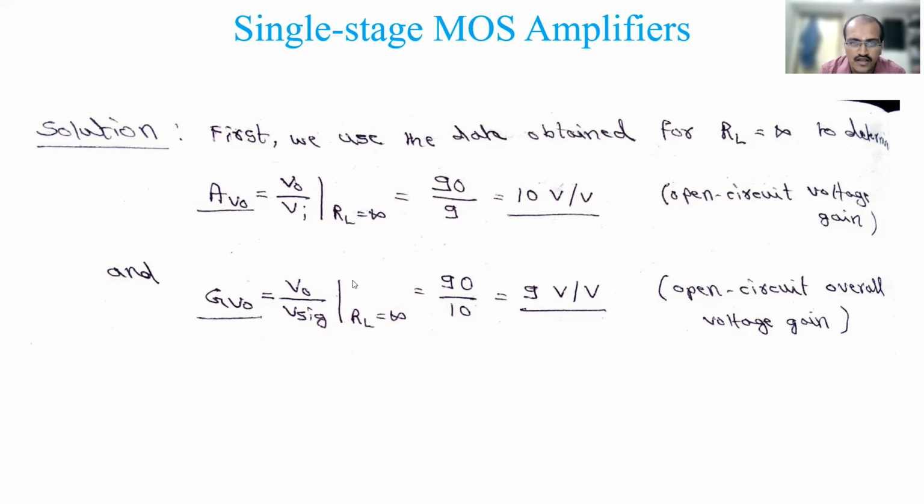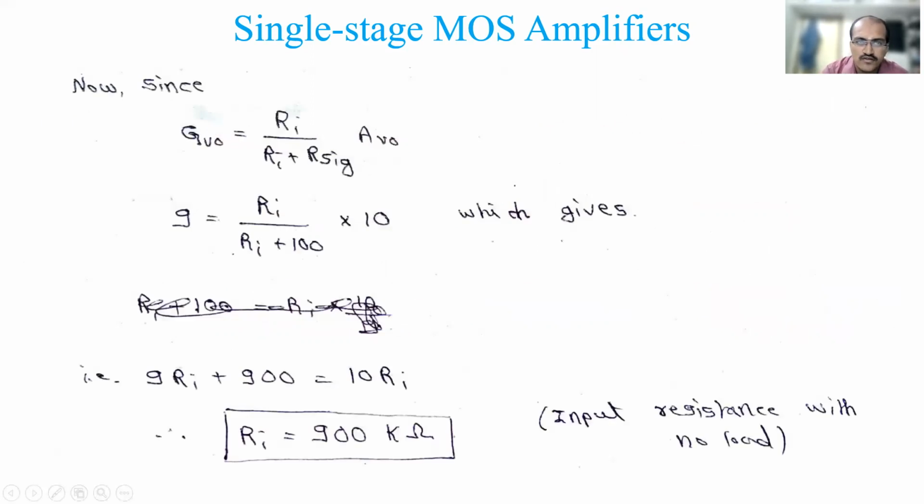Now based on this, I will take a relationship involving the input resistance. One of the relations from the six sets of relations I told you about is what this problem uses. Like trigonometric relations, you should remember these formulas; you should not get confused. Use some logic and remember this. The open circuit voltage gain is equal to Ri, the input resistance without load. That is why both GVO and AVO are there. Ri divided by Ri plus R signal is the input part. It is like the voltage divider rule.